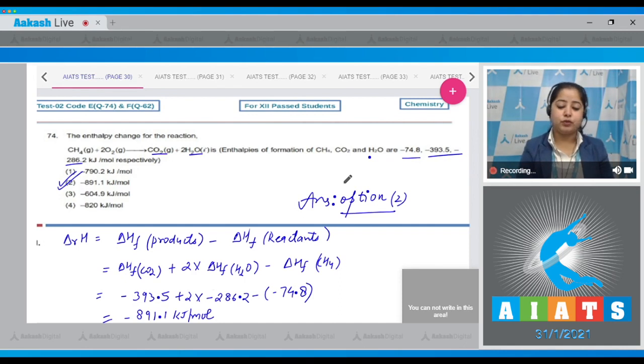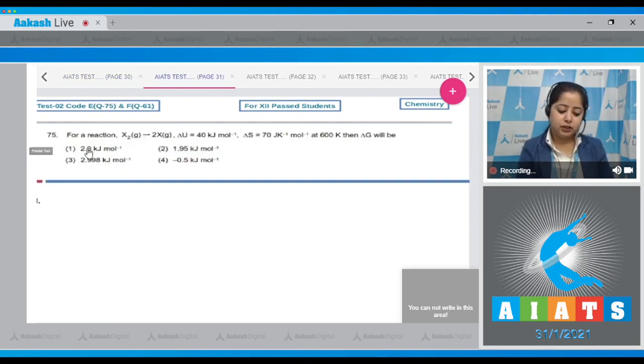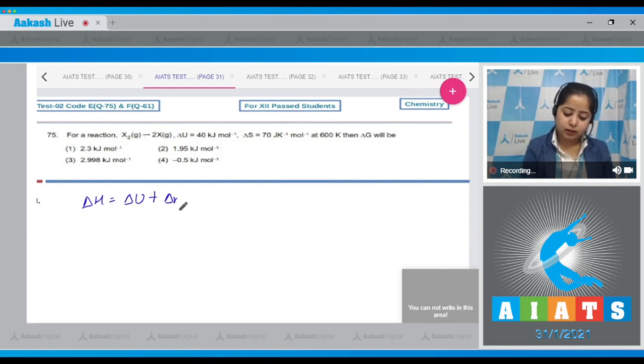Moving to next question, which is question number 75. Let's read it. For the reaction X2 gaseous gives 2X gaseous, delta U is equal to 40 kilojoule per mole and delta S is equal to 70 joule per Kelvin per mole at 600 Kelvin. Then delta G will be. Student, we know that delta H is equal to delta U plus delta ng RT. First we'll be calculating delta H, and delta U given is 40 kilojoule per mole, so 40,000 joule per mole